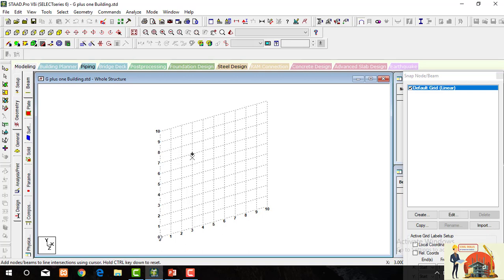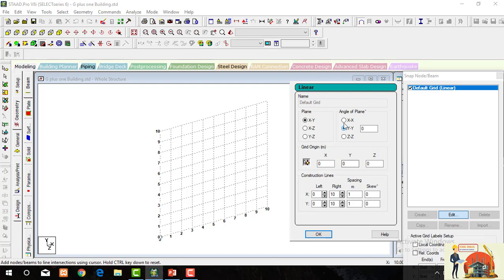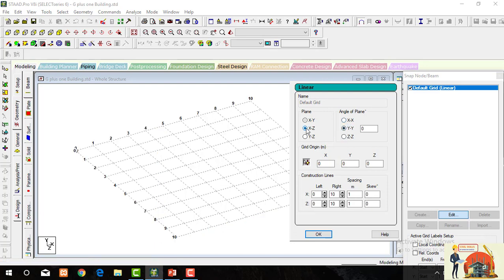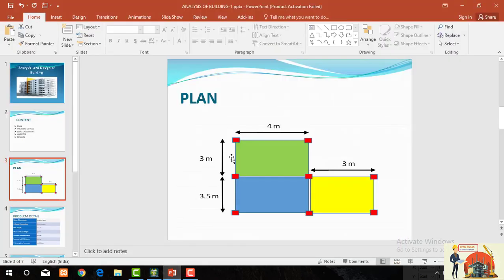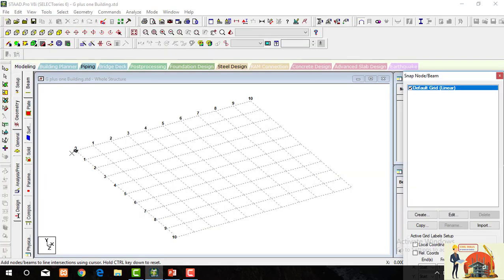First of all, we need to edit this grid line. So go to edit and select the plane as XZ plane. Now this grid becomes the XZ plane. So draw the plan. This is 3 meter, 3.5 meter, that is 6.5 meter. We need to edit this grid.